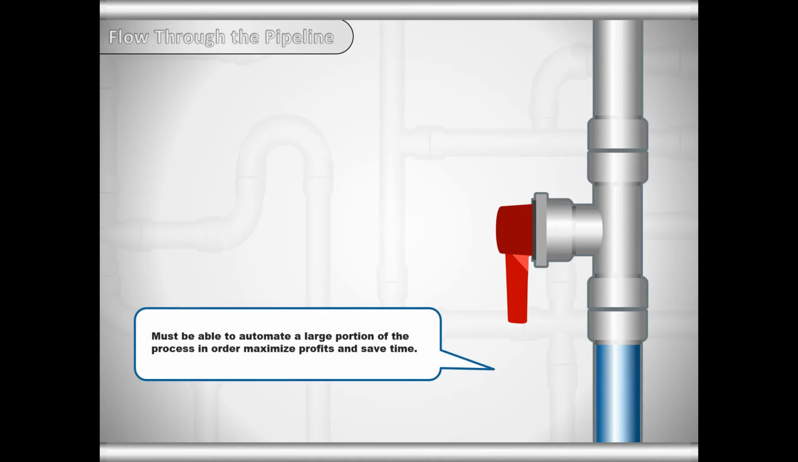And the first part of the flow is that you must be able to automate a large portion of the process in order to maximize profits and save time. It is critical that you automate as much of this process as possible. Otherwise, you will spend a lot of time trying to get clients through your pipeline, and you just will waste a lot of time. And people that could have been in your program 2 weeks ago, you're still trying to contact them to get a strategy session set up, because most of what you have set up isn't automated. So the next